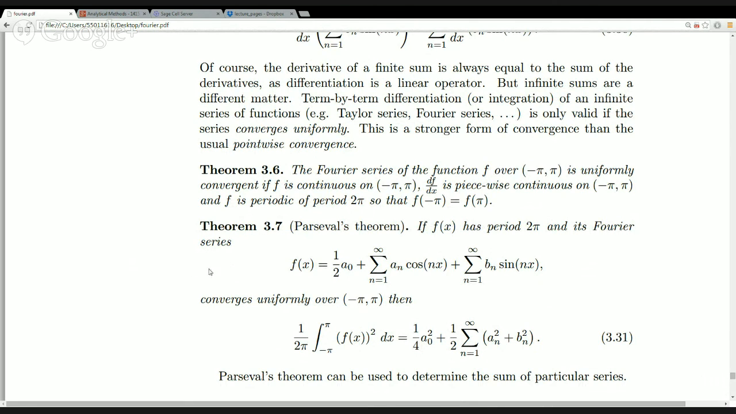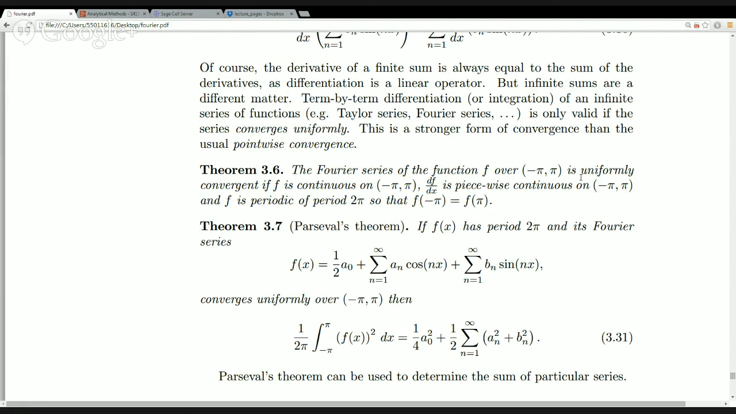Okay? So this says the Fourier series of the function f over the interval minus pi to pi is uniformly convergent if the following conditions hold. The function has to be continuous. Okay, so straight away you can see that our square wave function broke that condition. The square wave function is not continuous over the interval. The first derivative of the function has to be piecewise continuous. So that